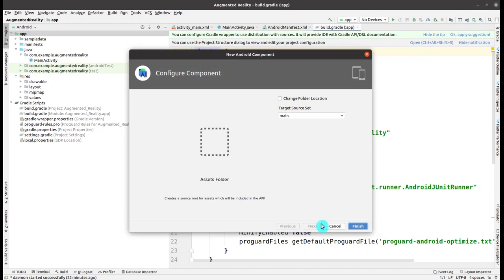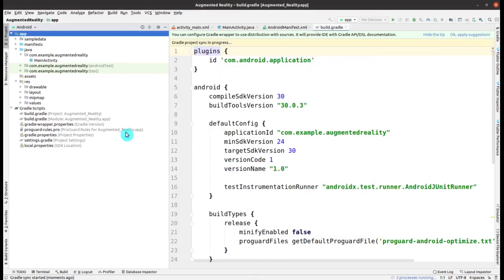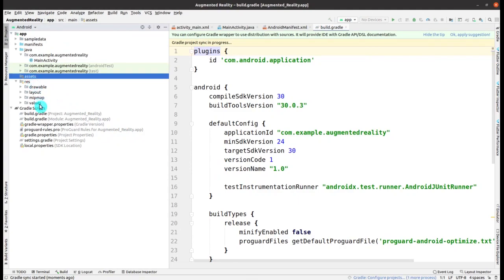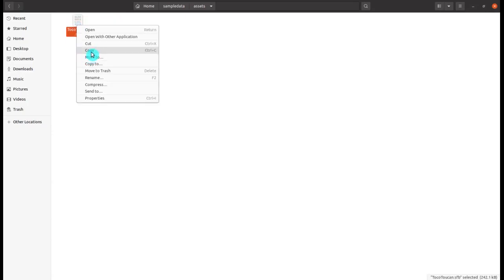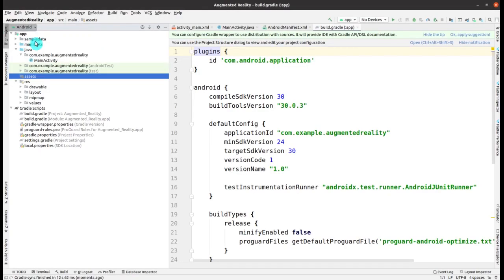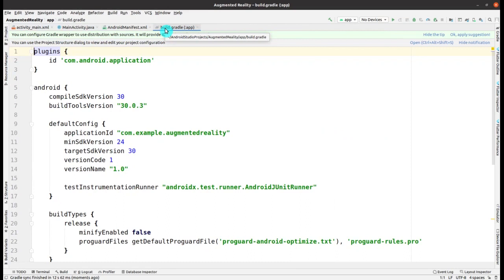And right now I have to create asset. So new, then folder, then asset, and you have to click on finish. Okay, now go back to the folder and take the asset from this asset folder and paste them here. Okay, so we are in this asset folder, and now I will be copying the assets. As you can see, this is an .sfb file. I've copied it. I will be going back to this asset folder of Android Studio, and now I will be pasting it here. Control V, refactor it. Okay, so it is done, and now you can see that everything is perfectly fine till now.